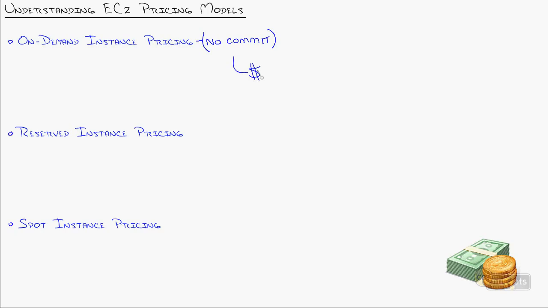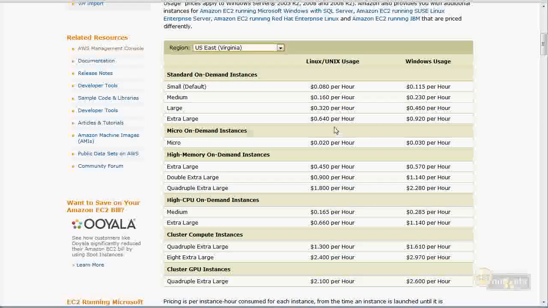Now, we haven't talked about storage pricing. That's going to come later. I'll talk about that when we look at S3. This is just the price to run the server. You are storing your AMI and your data either in S3, which is where your image was originally stored, or in EBS. Now, both of those are a charge.